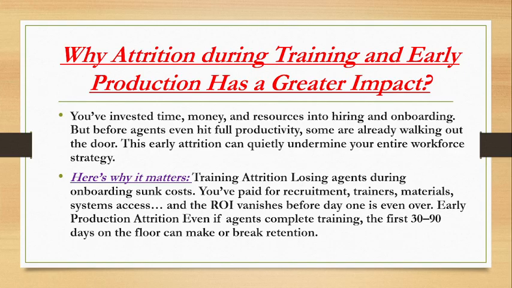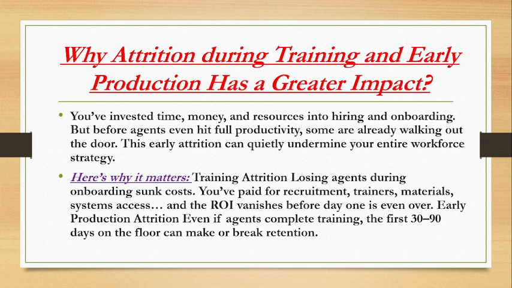And why does this happen? In the early stage, suppose we are going to onboard 50 people, and 50 people are in training. Not all 50 people stay. During the training time, suppose 5 people resign, 10 people resign, 15 people resign. We have invested our time there. To recruit them, our hiring team has invested time, and our training team has given them training and invested their time. These are some indirect costs that affect us.